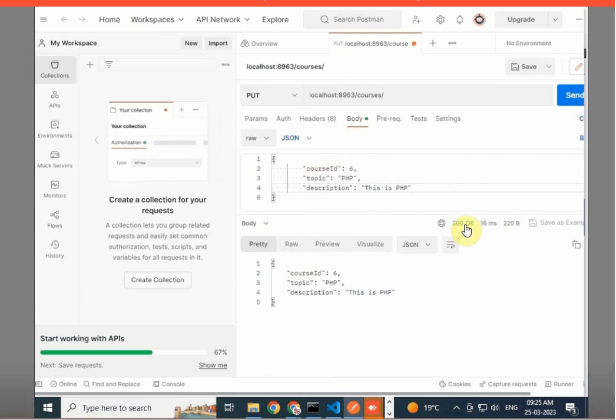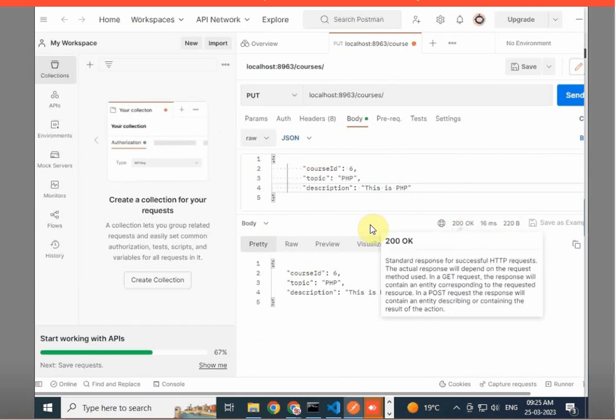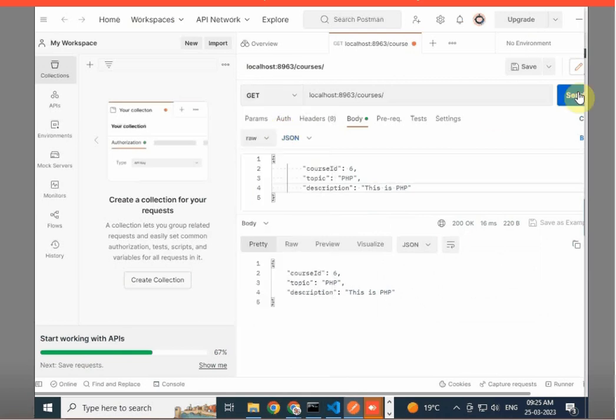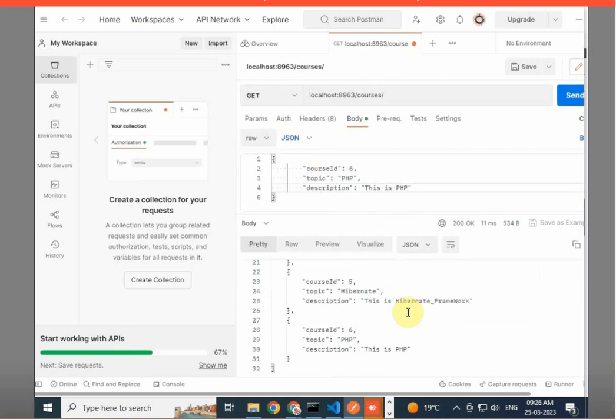Let's see, status is 200 OK. Now you can see the course is updated.